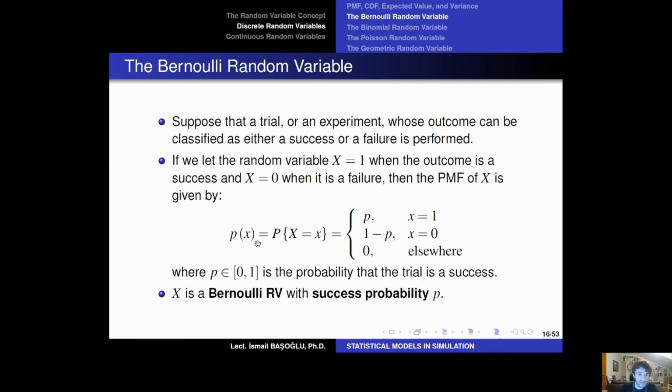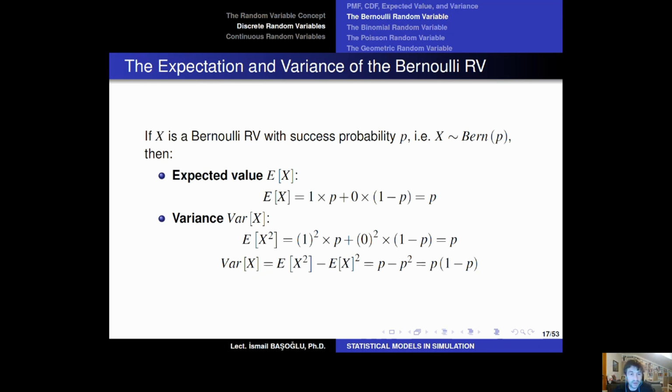Now, the probability mass function of the Bernoulli random variable is either equal to p or 1 minus p, depending on whether the random variable is taking the value of 1 or 0. And the p value here is the probability of the trial to be a success. And depending on different values of p, a Bernoulli random variable can be defined differently. So the expected value of a Bernoulli random variable is basically the potential values that it can take weighted with the respective probabilities. Therefore, it is equal to p, and